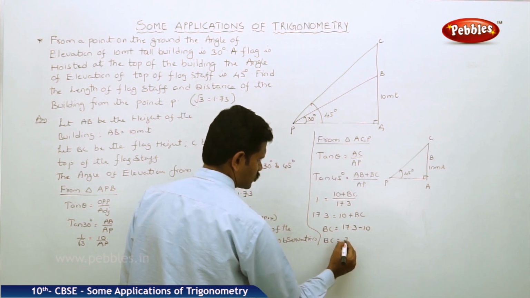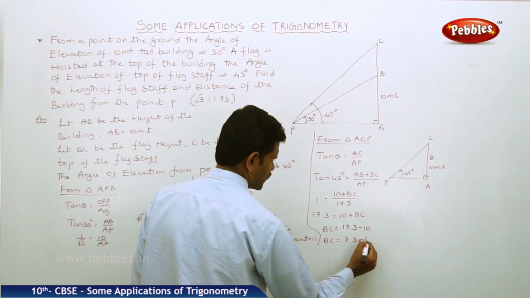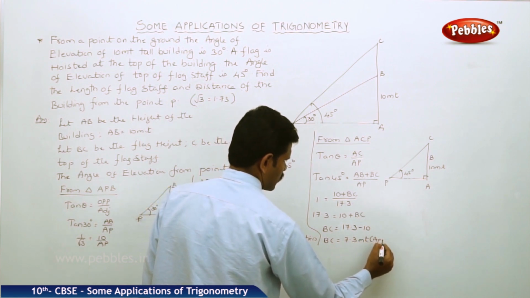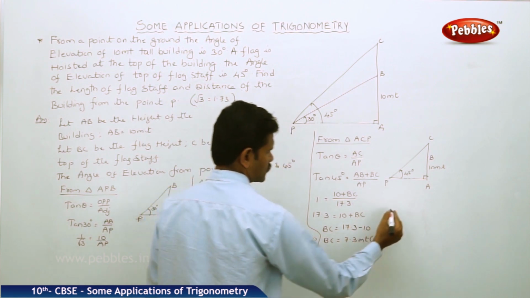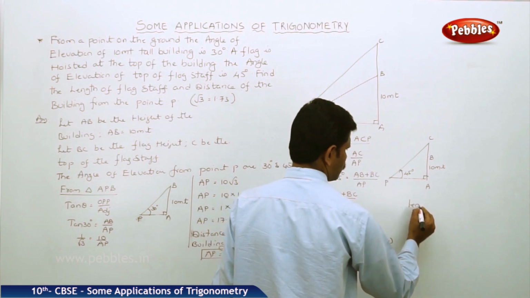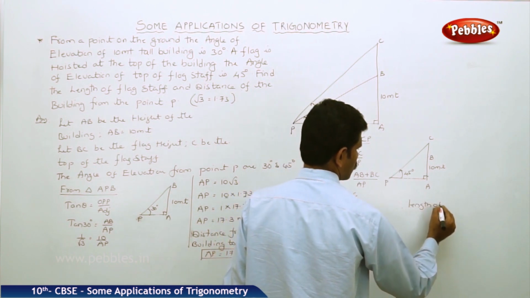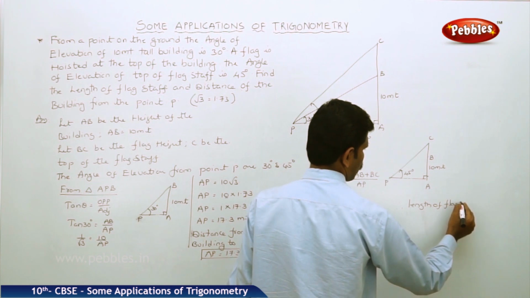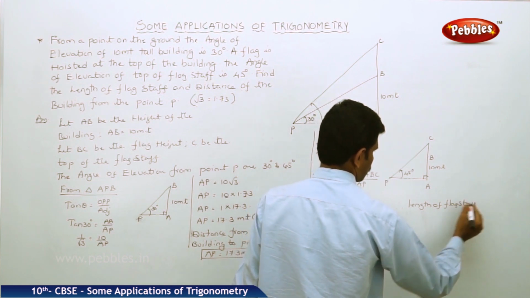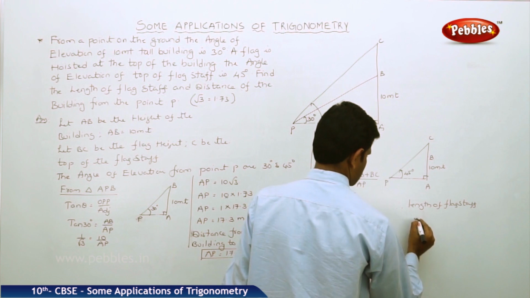BC is equal to 7.3 meters, which is approximate. Therefore the length of the flagstaff is